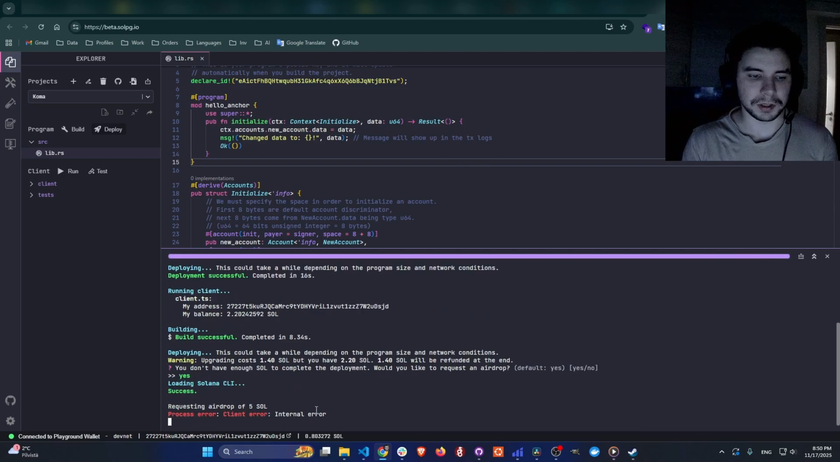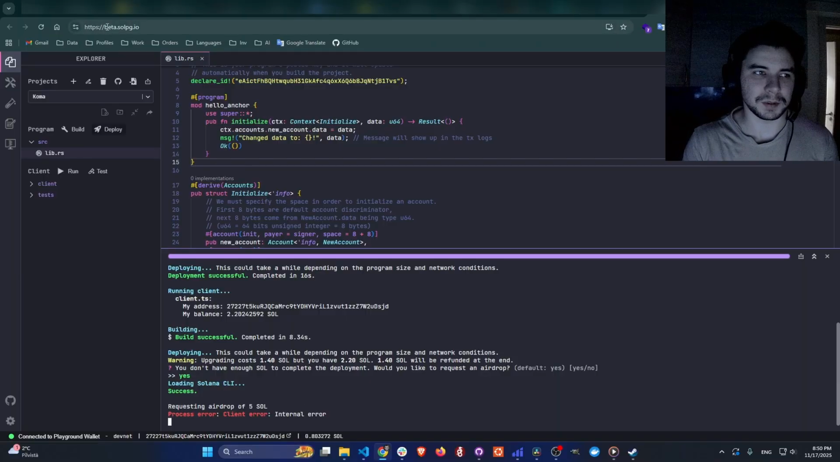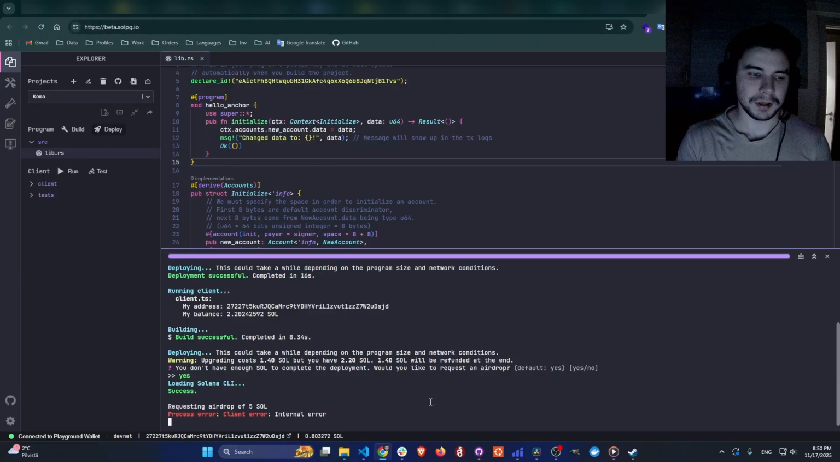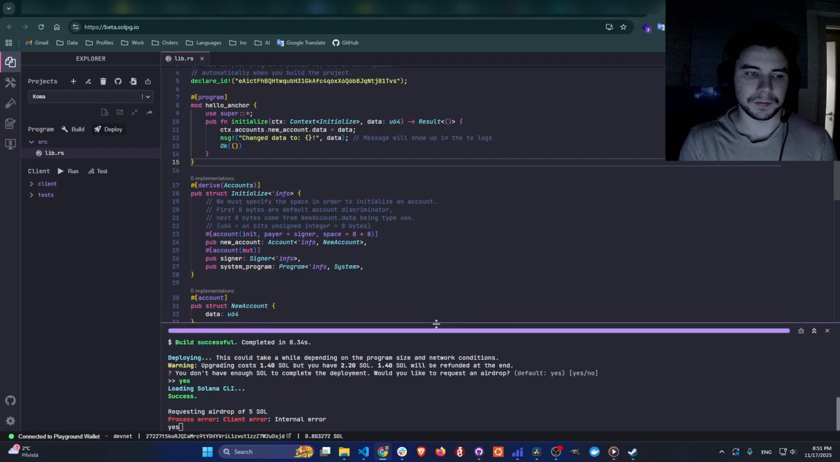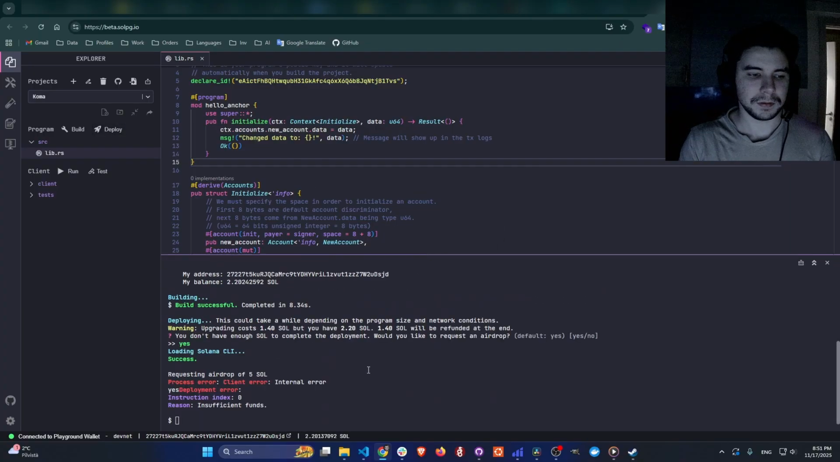Yeah, you see, it's not like Remix, it's a bit more of a strange playground, but pay attention that it's beta Sol PG, so I don't have the right to say that it's trash, because it's already a bit good for deployment. Instruction index, reason: insufficient funds. Yeah, it's not deployed, and my funds are coming back to me, because, as you know, in Solana we don't